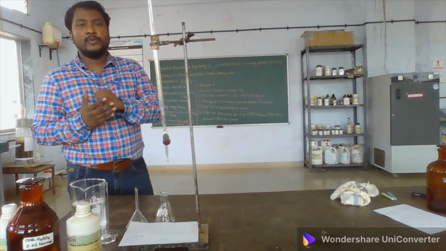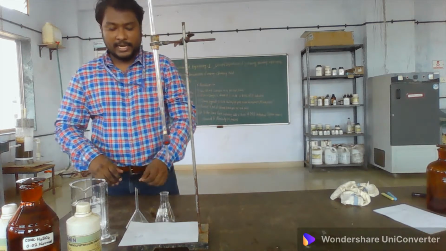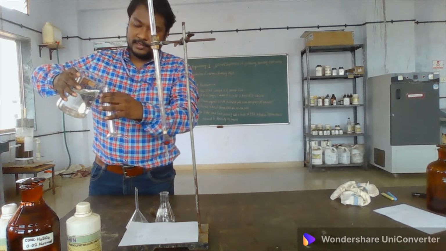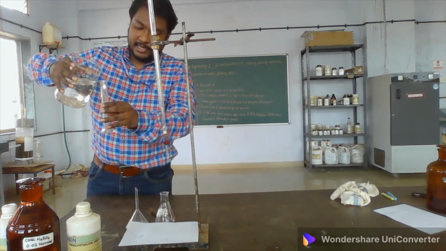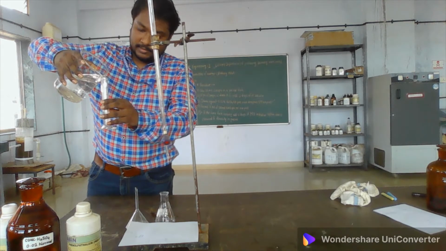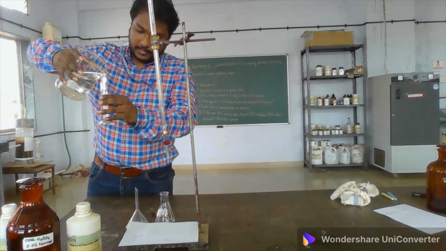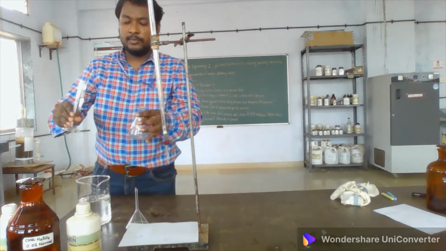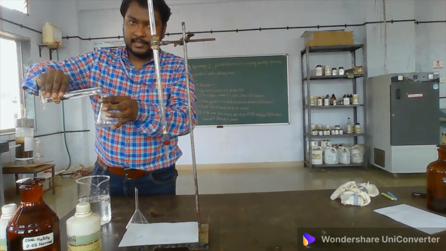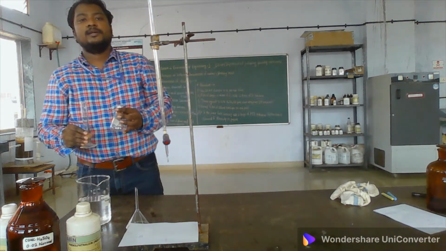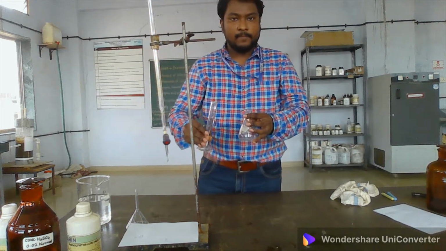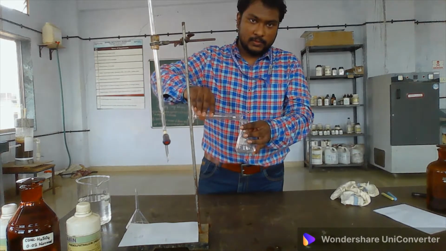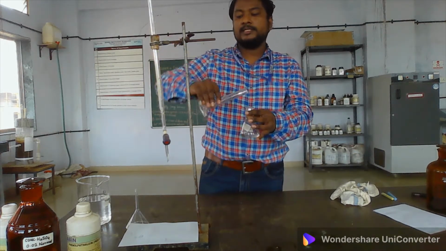In stage 1, first you will use the phenolphthalein indicator. First I will transfer 25 ml of tap water, which I have taken from our environmental engineering laboratory. The 25 ml volume I have taken in this measuring cylinder. Now I am going to transfer this content to the conical flask, 25 ml volume of the sample.